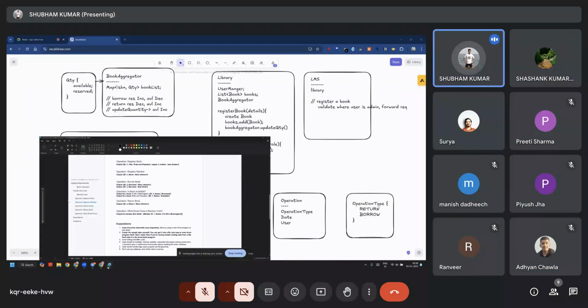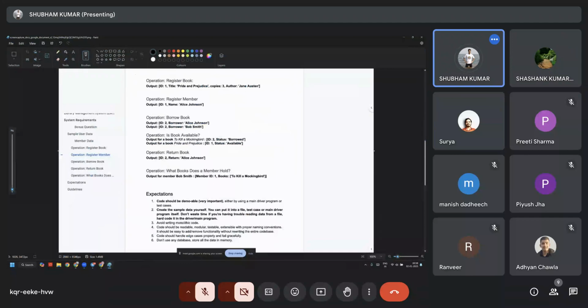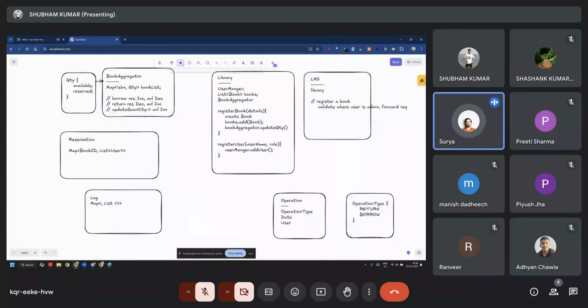So we need to support this operation, right? Like what book does a member hold? What book does a member hold can be solved just by the reservation table. So you have this reservation table, no? You have book ID and user. Because you are not maintaining an index on the user, you would have to do an O of n lookup, like iterate through all the books and stream match when the user that is requested is equal to this user. Otherwise, if you want to solve this problem in O of one, you also need to